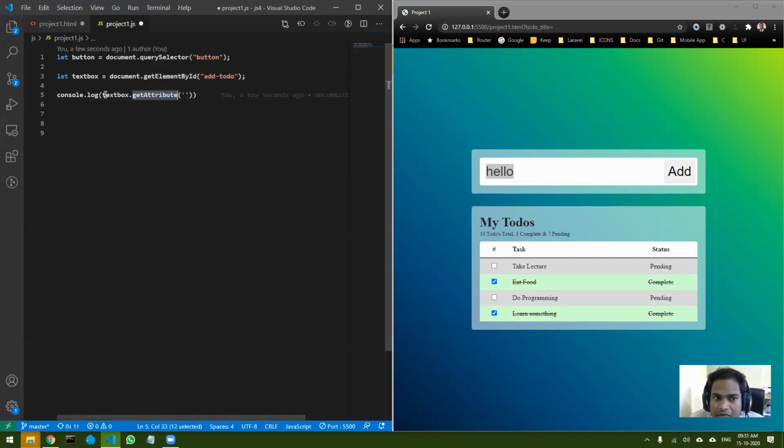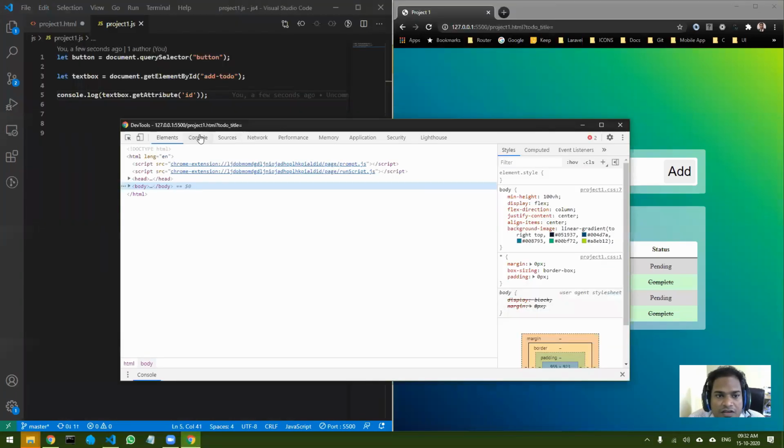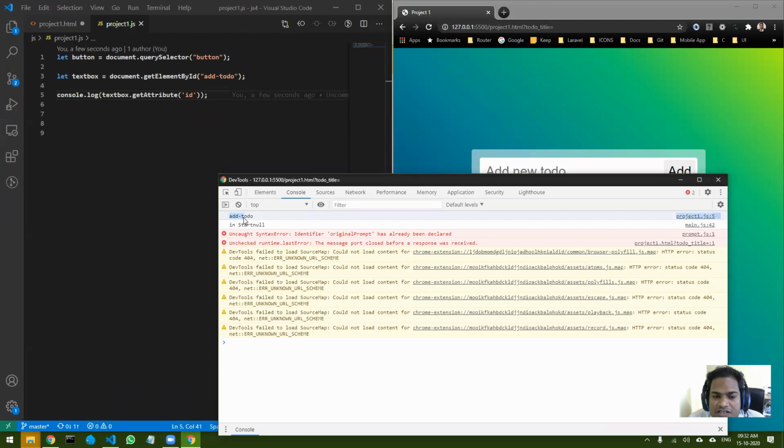If you want to see the attribute of any particular element, you can use this getAttribute property and specify anything. Let's suppose I want to see the ID of this particular element. I can do this, save it, and open up the console, because I have put it in the console. You can see it provides me addTodo. So this is the ID. I did a getAttribute ID.